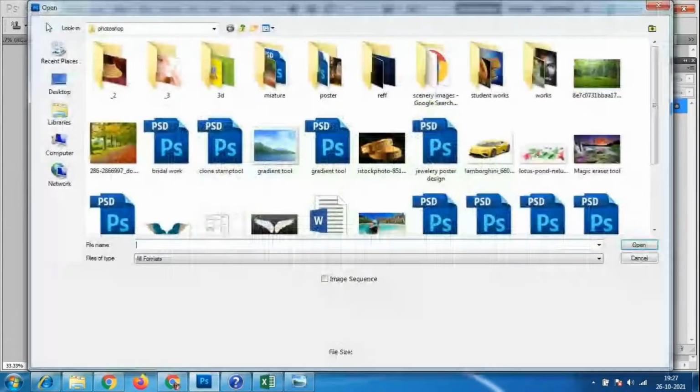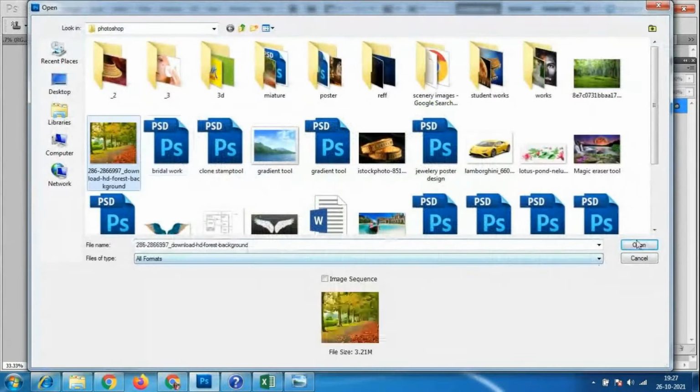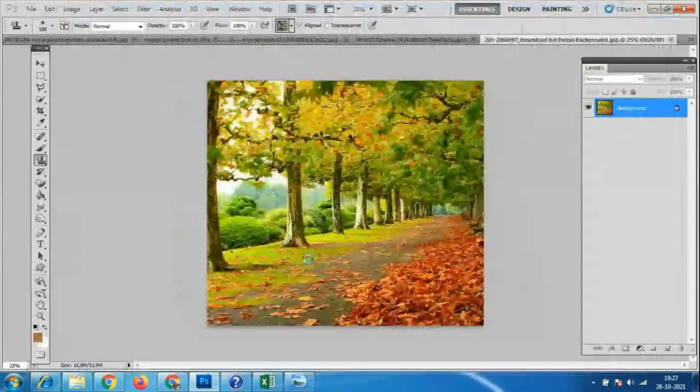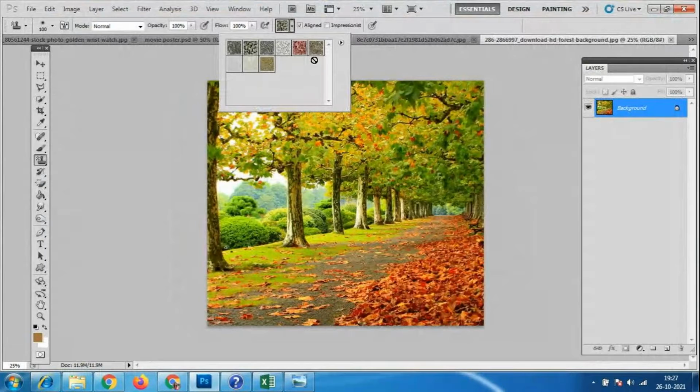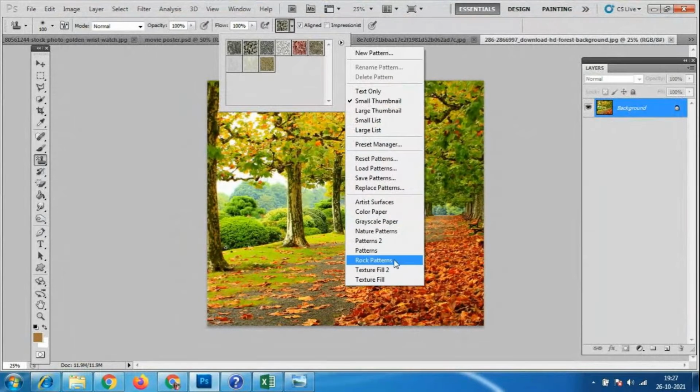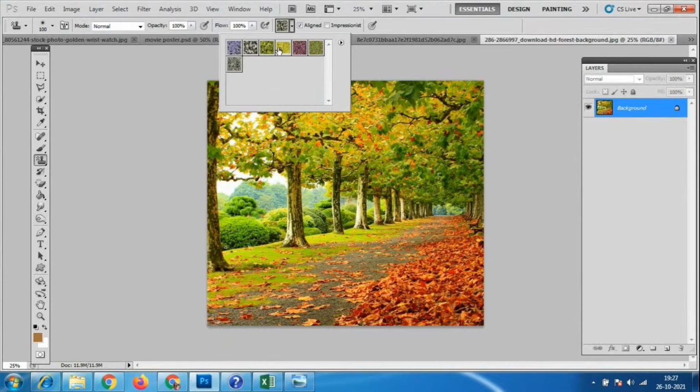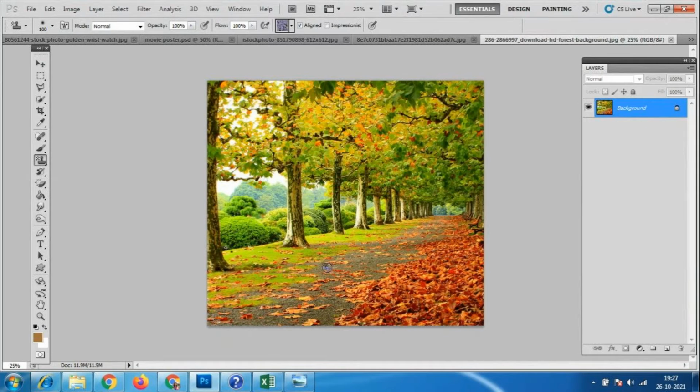If you have these rock patterns and nature patterns, we have this nature pattern, so we can place flowers over here. How much ever is necessary, here and there also you can place it.